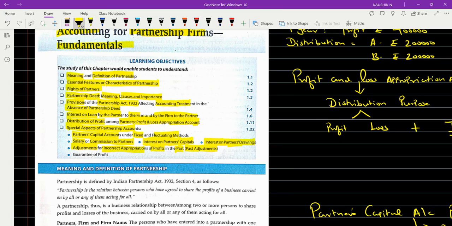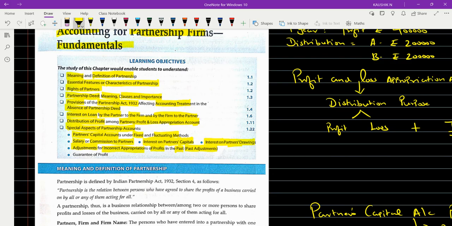That's what we learned in 11th standard under rectification of errors. Either totaling errors, omission, commission, carrying forward, principal errors, or compensating errors. If any error has taken place in partnership, for example, a particular partner